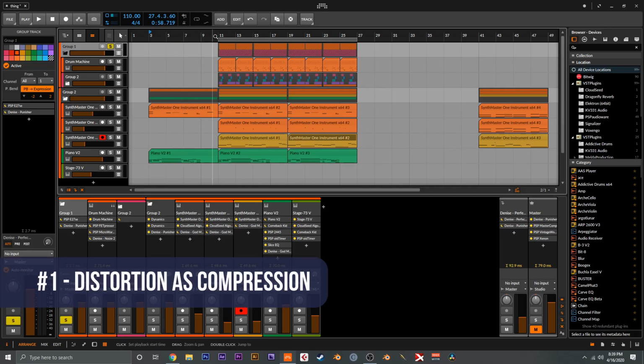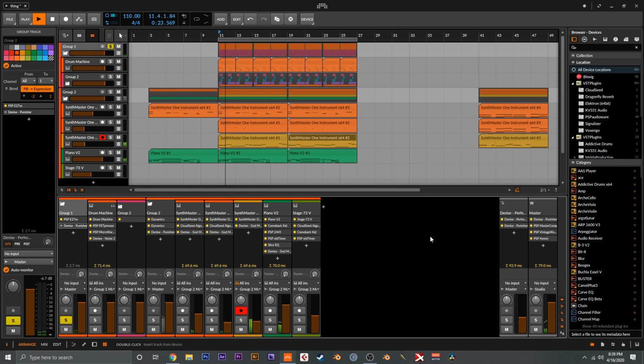So let's kick things off with the first tip about using distortion in your mix. Tip number 1 is using distortion as a drum bus glue. So let's take a listen to the drum bus before, and then we'll bring it back in here and take a listen after. It's going to be subtle, so I recommend some good headphones or monitors while we do this. And after we enable the distortion,